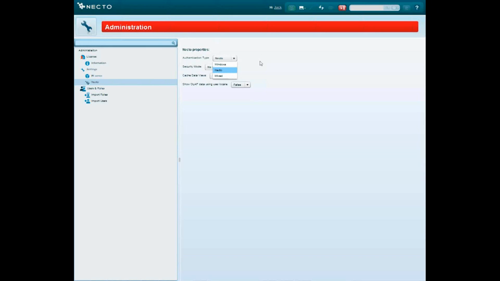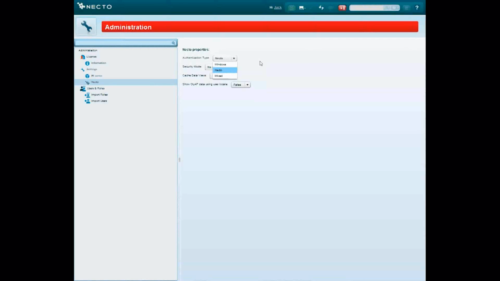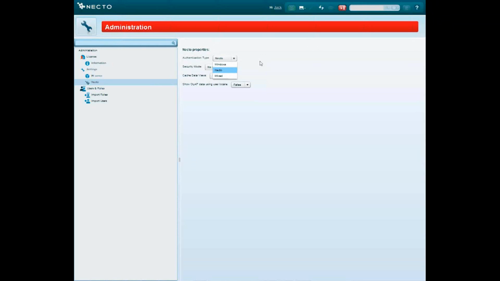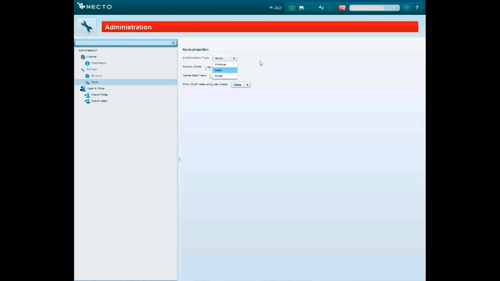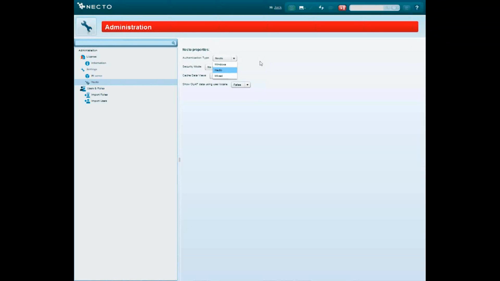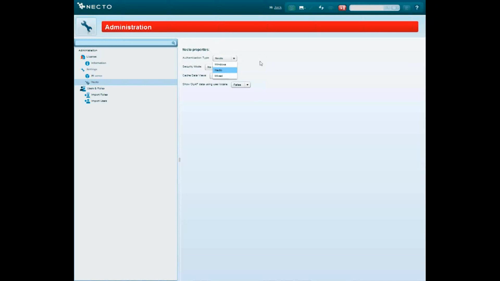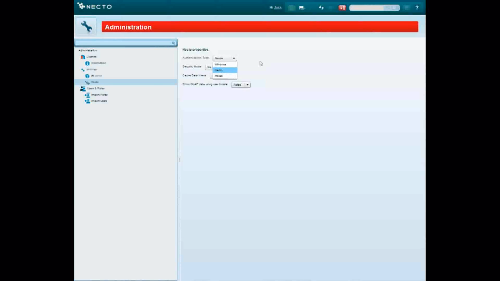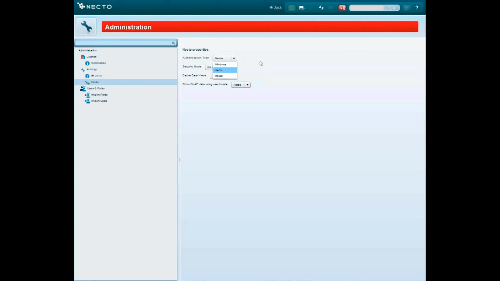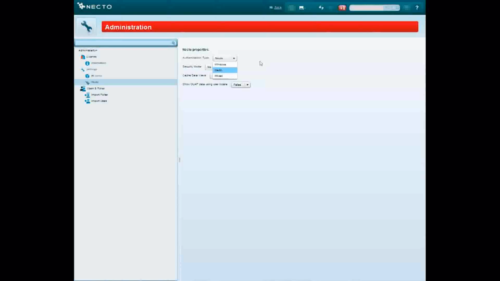This could be defined also in the Necto or in the OLAP server in a different way. So we have two options here, either using Necto or Windows authentication. What is Windows authentication? If Necto is for work groups, Windows will be for Active Directory or LDAP environment. So for an LDAP environment, I will use Windows authentication, and then every user that will enter the system